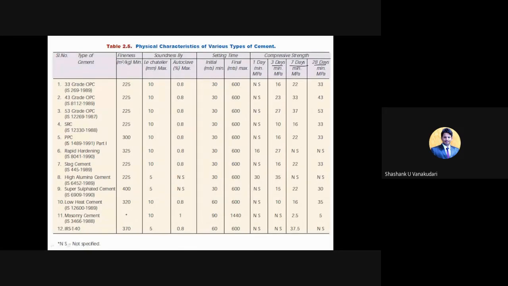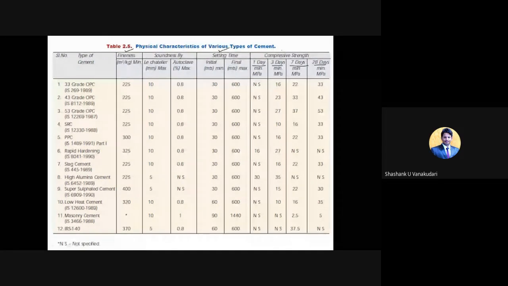So here actually compressive strength for 1 day we won't get, because for the normal cement we won't get it like that. Different grades of cement they have given, and even the physical characteristics they have given for this as per the test. We have done with the fineness test, and then setting time, and even the compressive strength also.